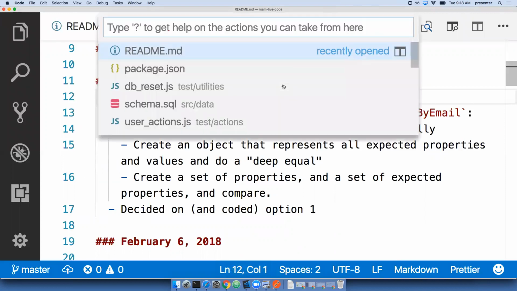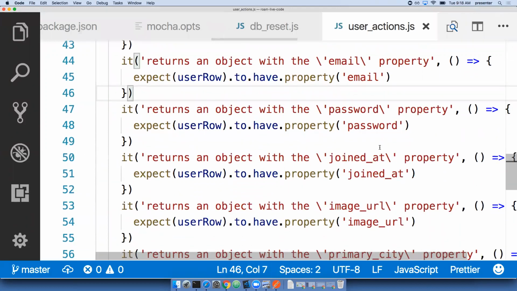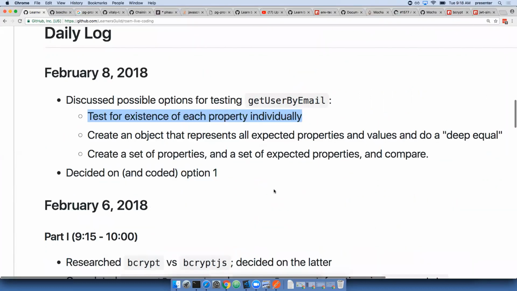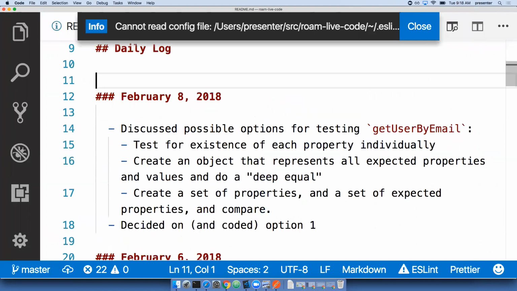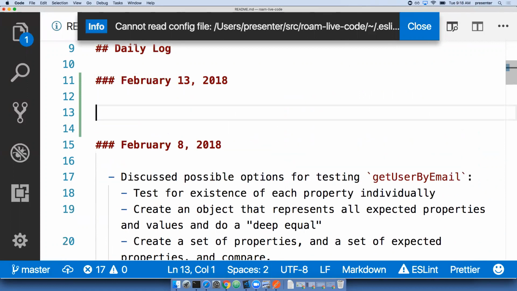So let's look at here, and here's all of our tests. So for today, what I want to do is, oh right, we skipped a day because I was administering tests. Okay, so today I want to refactor